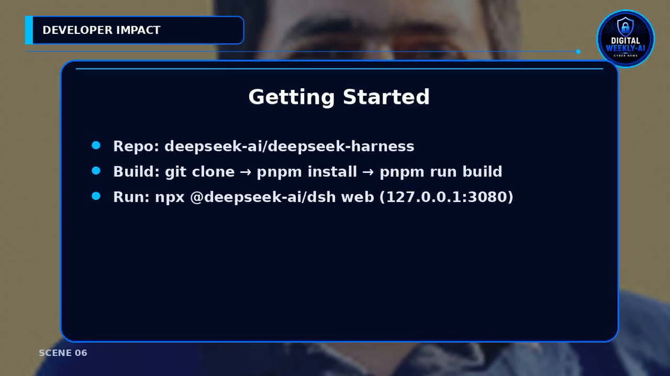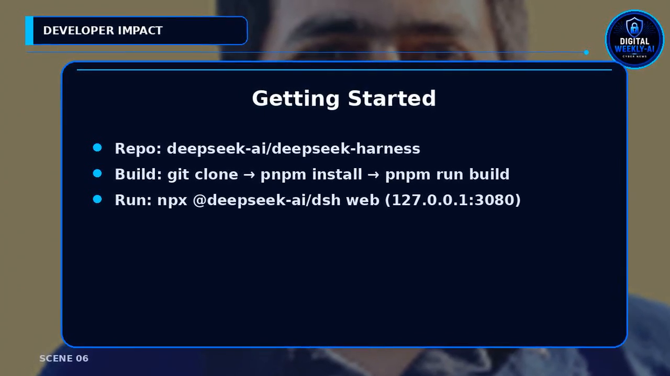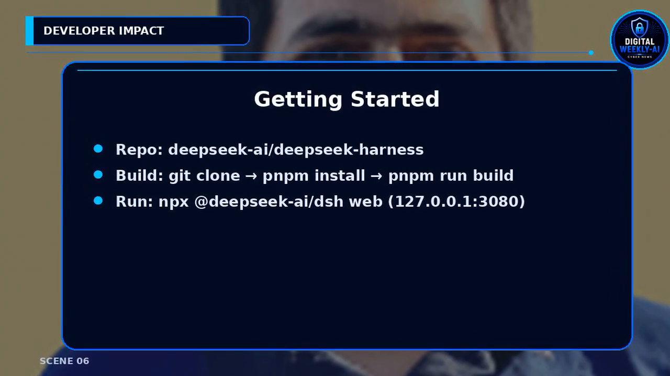Repo: deepseek-AI/deepseek-harness. From a checkout run, git clone, pm install, and pm run build. Start the web UI with npx at deepseek-AI/dshweb. The UI serves at